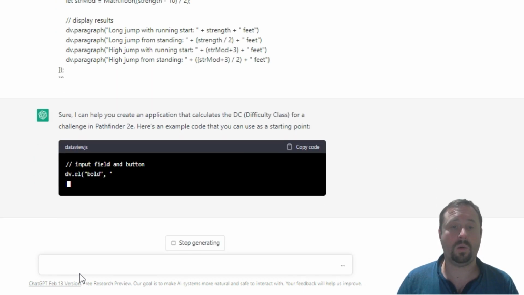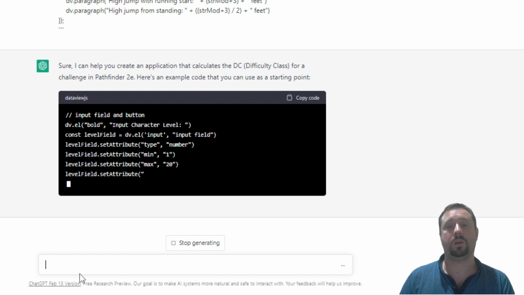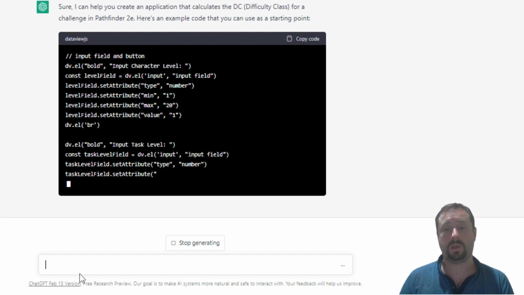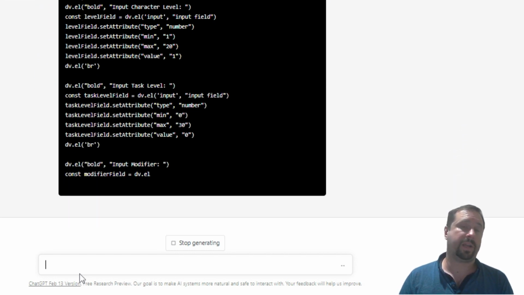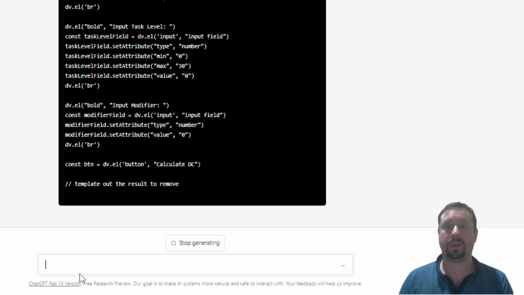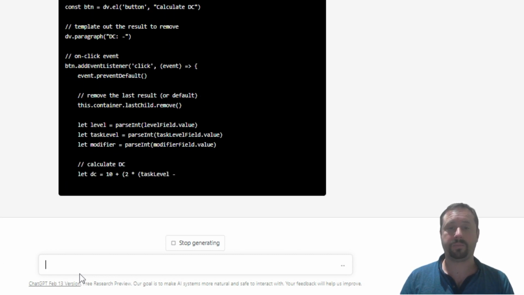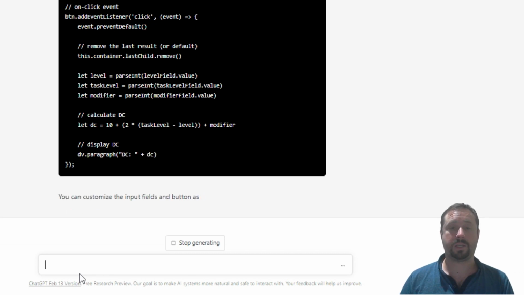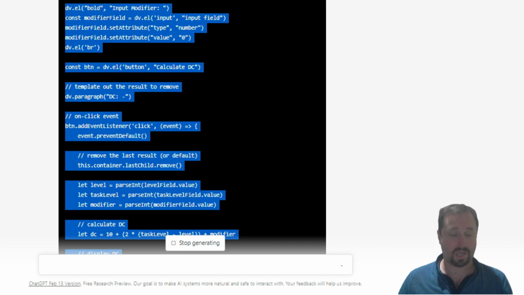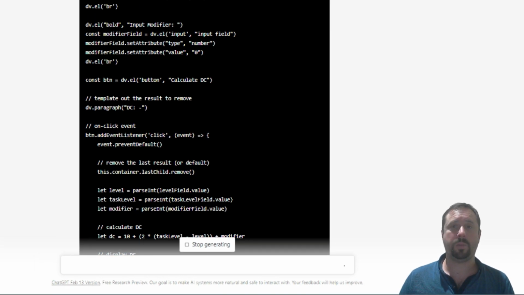Now this doesn't always get it right. Sometimes you need to go back and forth a little bit in order to get it right, but it has a damn good crack at it. As you can see here, it's creating code. It's smashing something out. Here we go. So it's finished. I'm going to take this code and now copy it